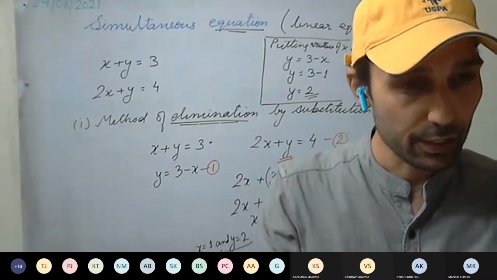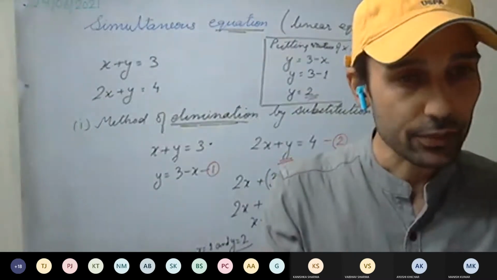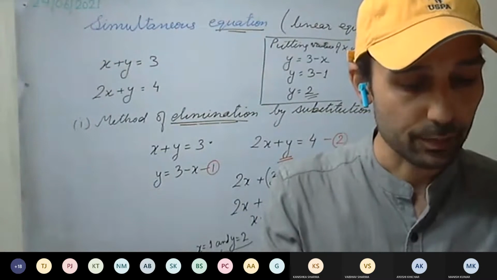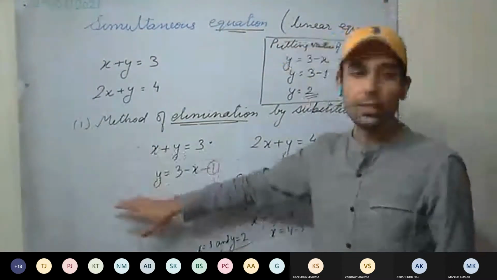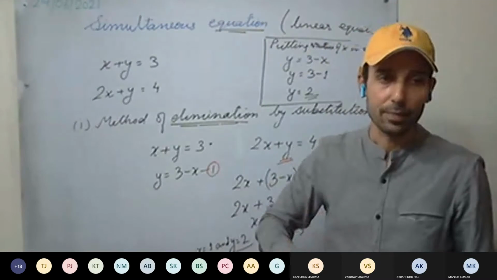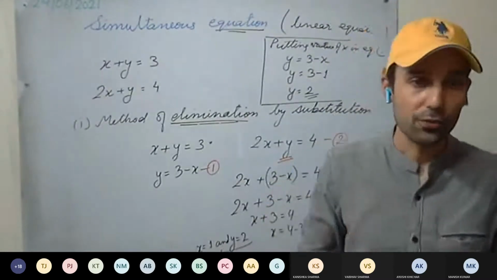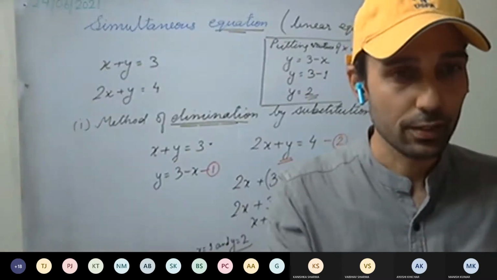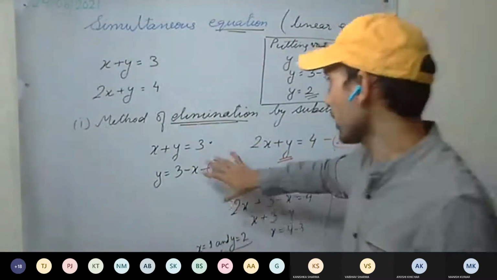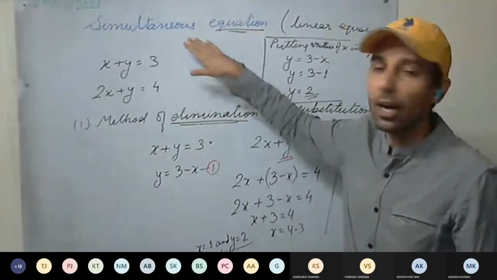Method of elimination by equating quotient we will discuss in the next exercise. Then last will be the method of cross multiplication. These three methods we'll be discussing. In a question, if a particular method is not specified, you can opt for any of these three methods. That will be your choice. If it is categorically specified, then you will go with the same method that is being asked.